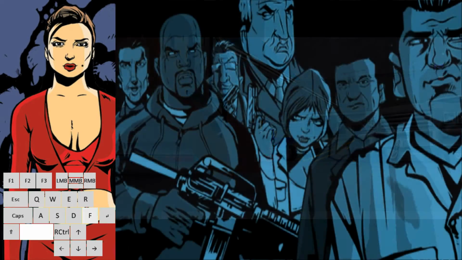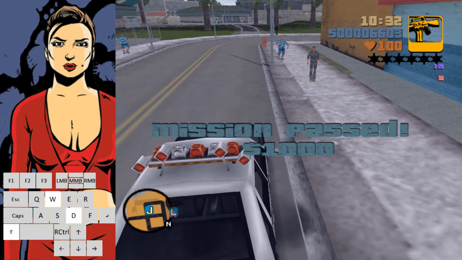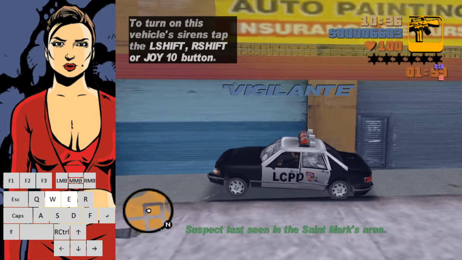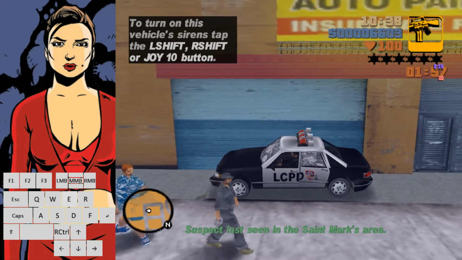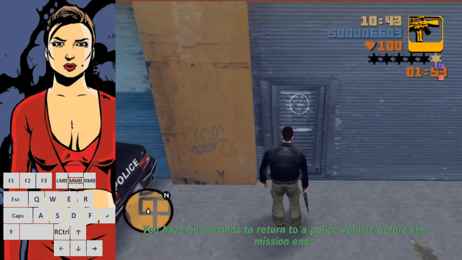Make sure to skip the cutscenes. With a few seconds to spare, get into the car, park it in such a way that you block the driver's side door, and start the vigilante. This will set your own mission flag to 1 and will make you unable to pick up the next mission